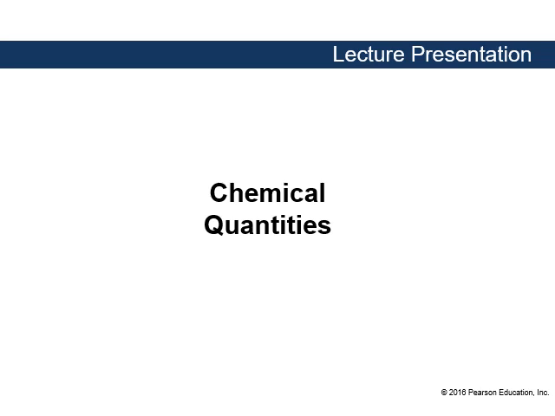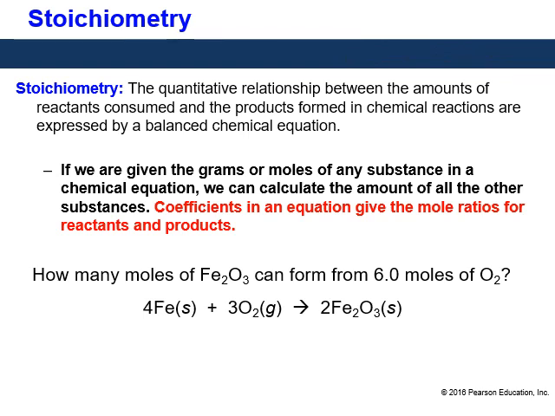Quantities in a reaction, or stoichiometry. So stoichiometry is basically the study where we try to understand a quantitative relationship between reactants and products. So for example, if this is a chemical reaction where iron is reacting with oxygen to give us iron oxide,